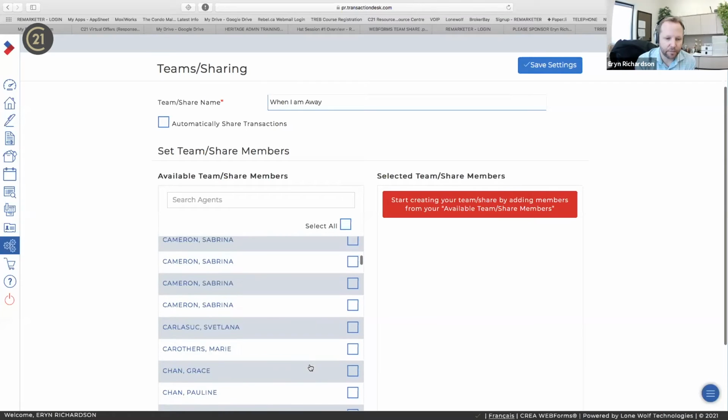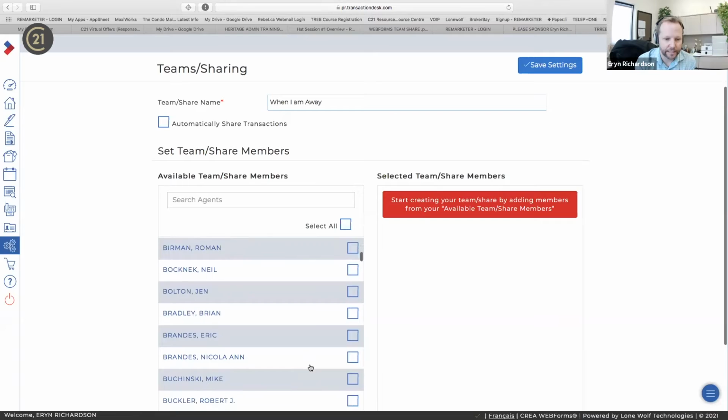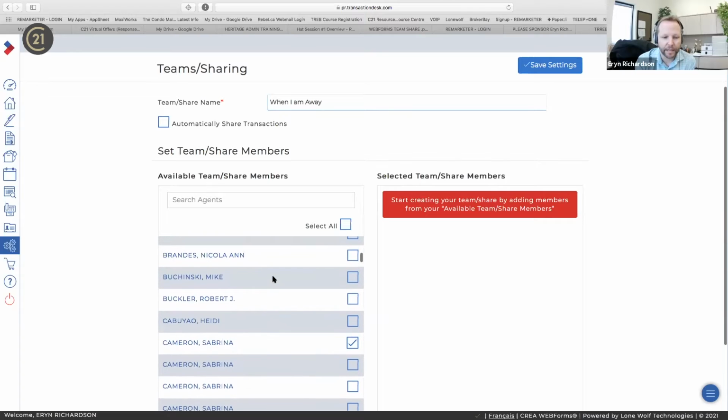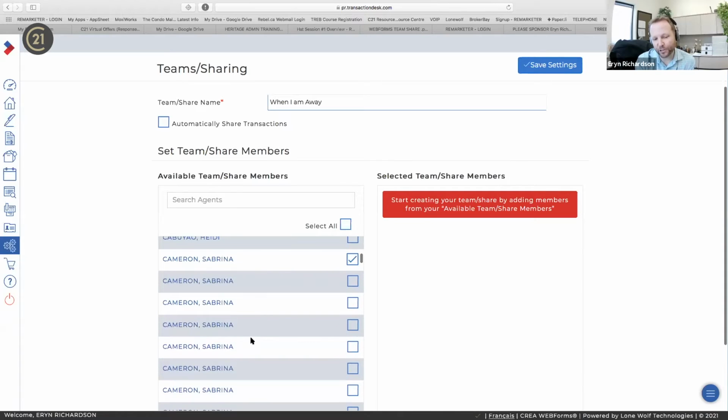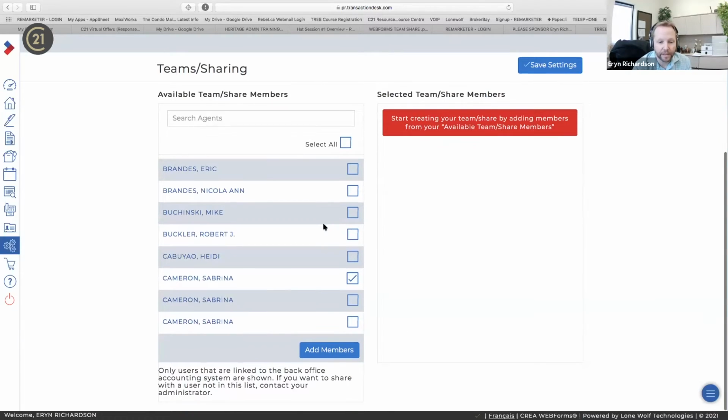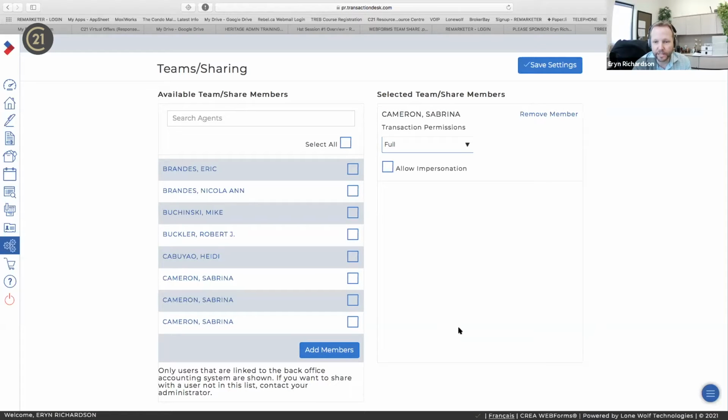So let's go down my list and I'll use Sabrina as an example. There's a bunch of Sabrinas here because she is actually in each office and I have access to all the offices. So that's why you see so many different Sabrinas. So I'm going to put Sabrina in there and check mark. Then I'm going to hit add. So what that will do is bring Sabrina over to this section